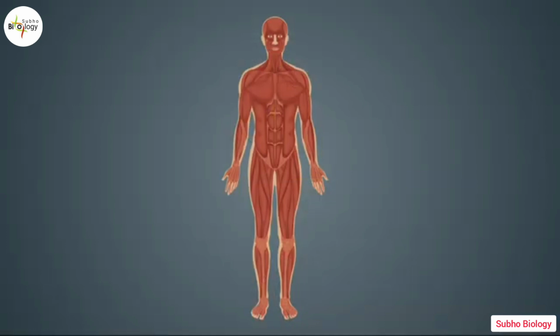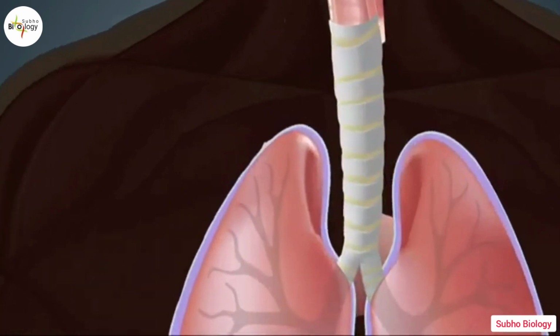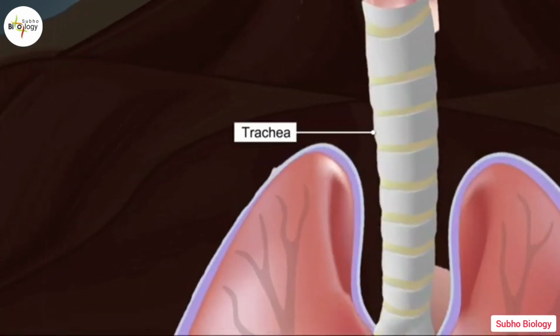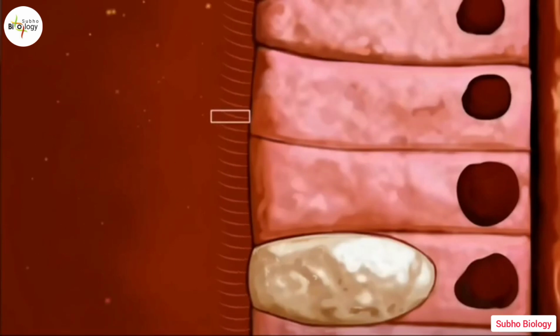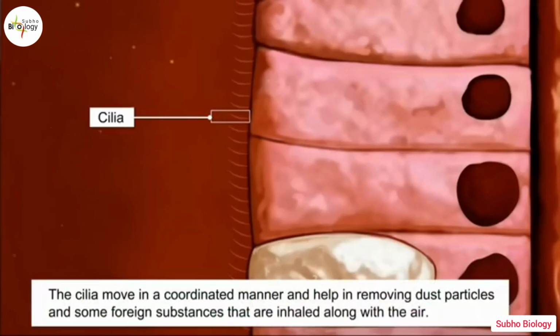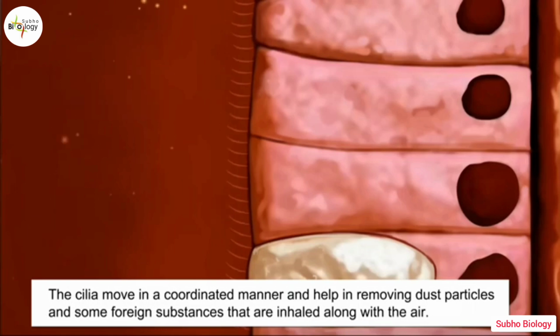Besides muscular movements, there are other types of movements occurring inside the human body. One such movement occurs inside the trachea. The trachea is lined with cells containing small hair-like projections called cilia. These cilia move in a coordinated manner and help in removing dust particles and some foreign substances that are inhaled